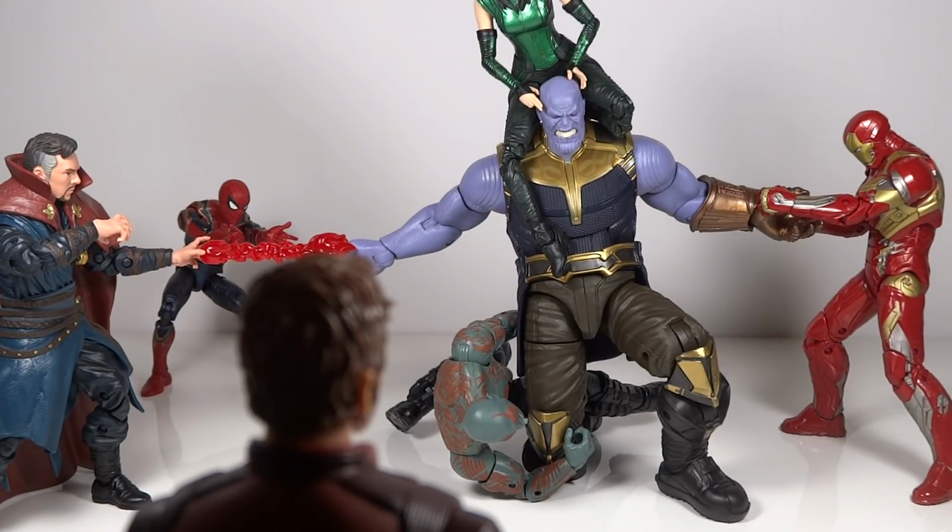This time we have from the Marvel Legends 10-year anniversary line, the 3-pack of Thanos. This will just be a review of Thanos himself. The Iron Man and Doctor Strange that come in that pack I actually don't own. I ended up just purchasing Thanos by himself at a discounted rate because I really didn't care for those other two figures. So yeah, but before we start talking about Thanos real fast,